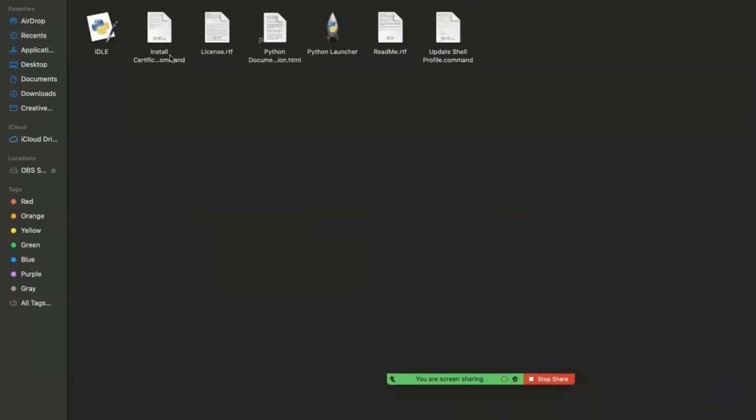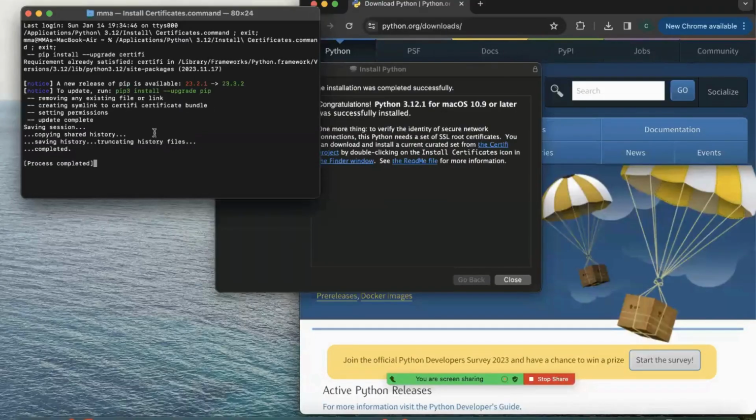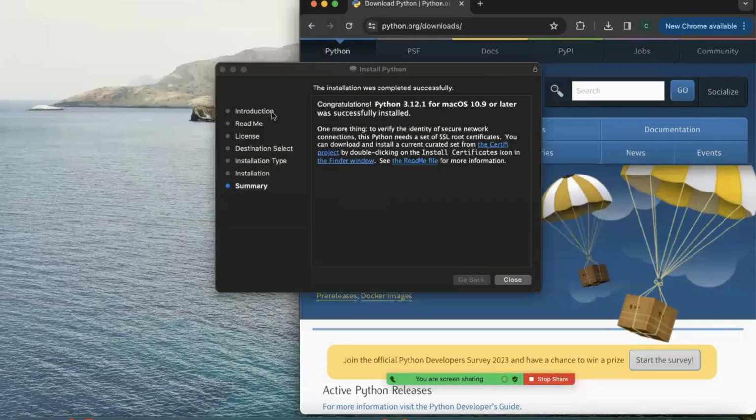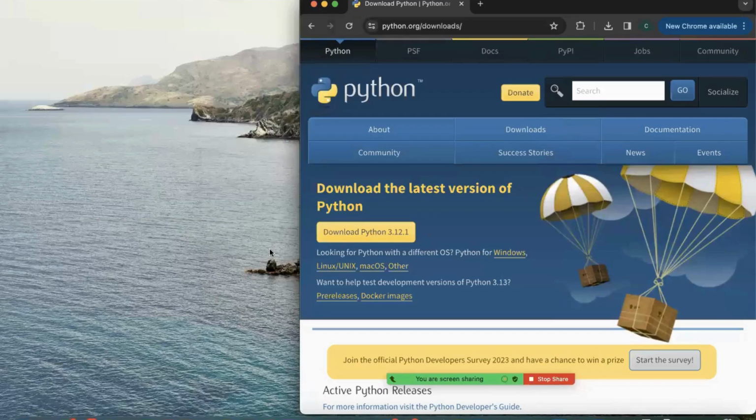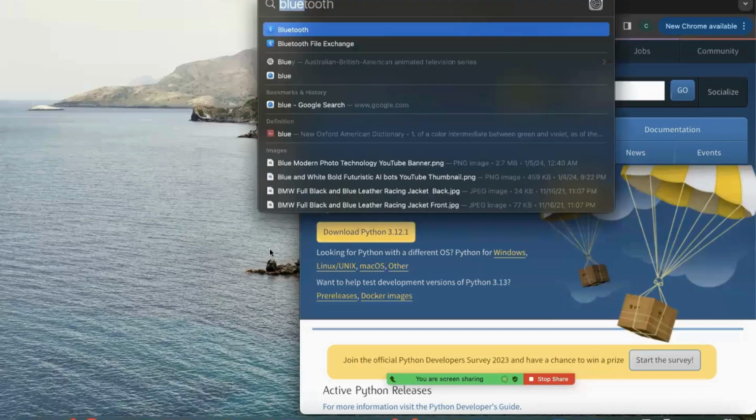So as we can see, Python is on my machine now. And if I want to test it, before I do that, I also want to run this because these are some commands which will help you work with Python. And close this. I want to move this to trash. And now, to test, just press Command and Space on your Mac and write terminal